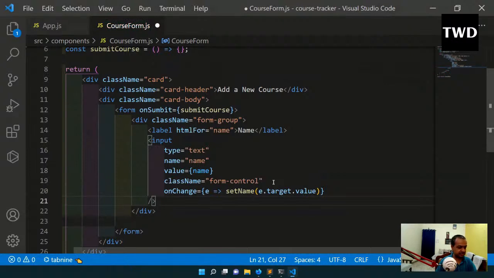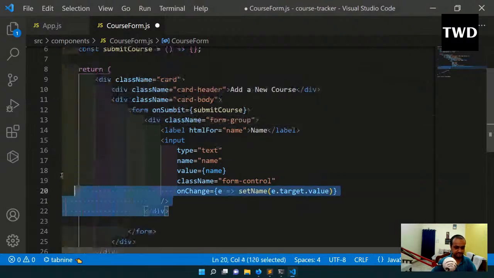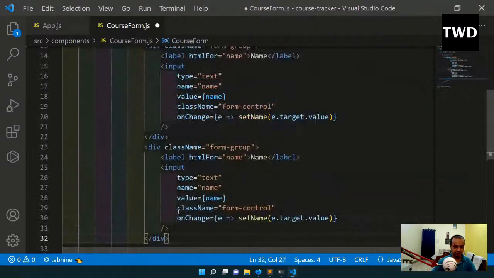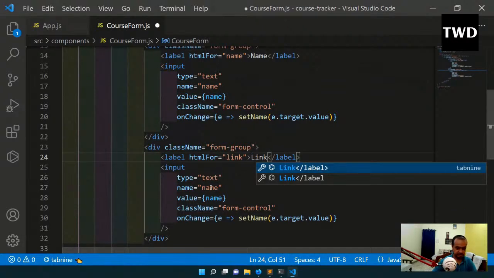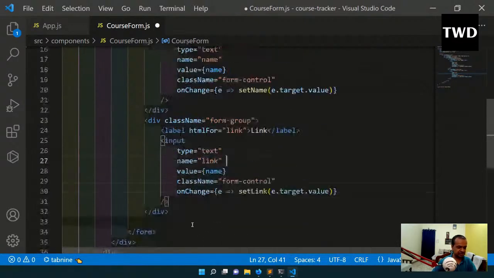Then this form group is here. Let me have another form group. And this form group will be having the name of link, link, link, and set link target value. Okay, so after this div is done, then we are going to come here,